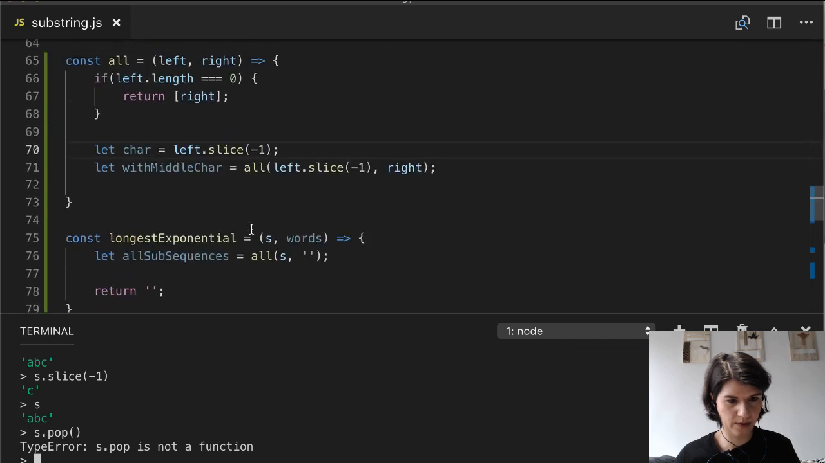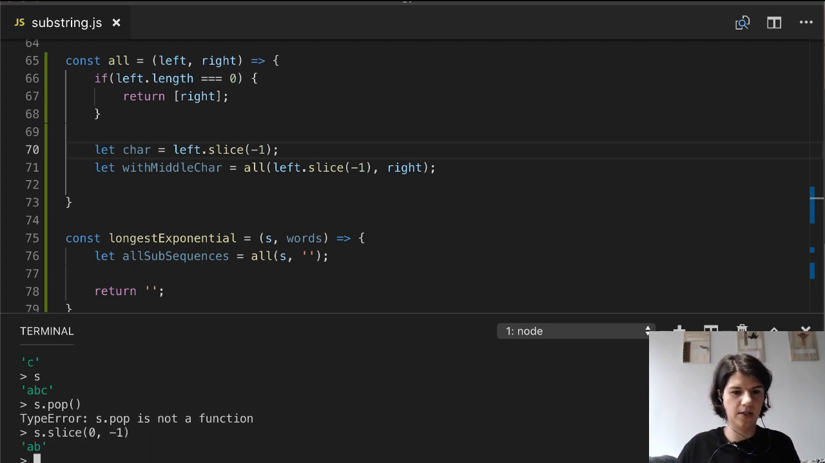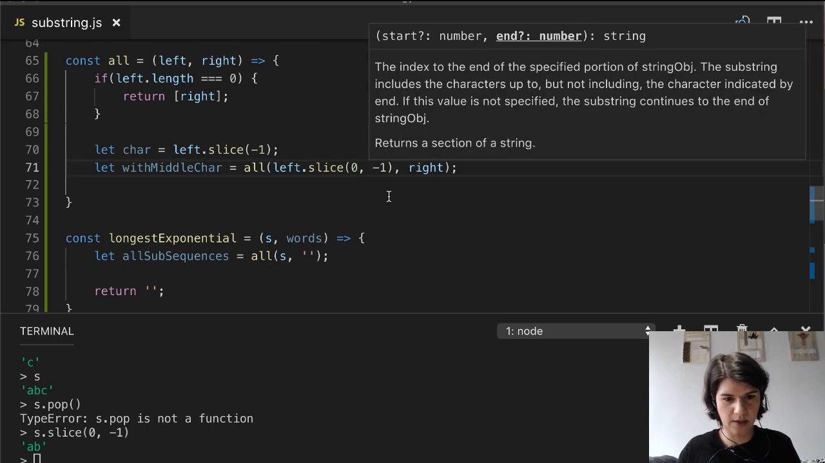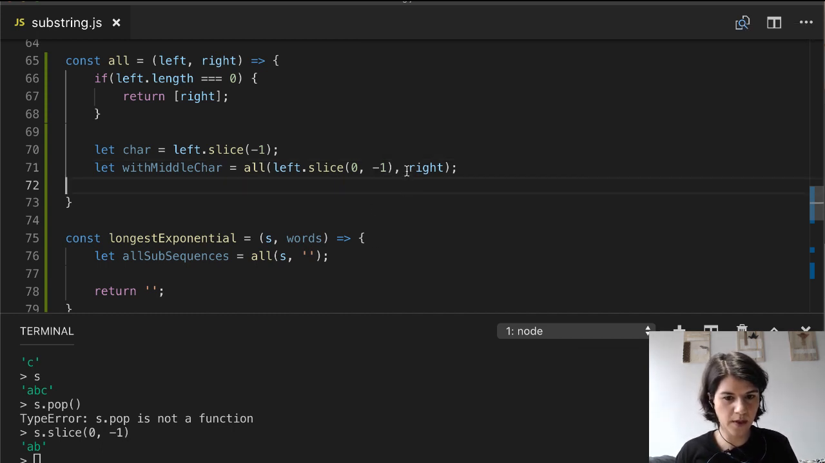Let's get back to the code. So the character is left at slice. That works. That gives me the last one. And now if I do slice from 0 to the last one, oh, that just gives me a b. Okay, so let's do that. Oh, I guess there is no string function to drop letters from a string, because strings are these immutable things under the hood. So, okay, so this gives us the left one, and then I want the right one